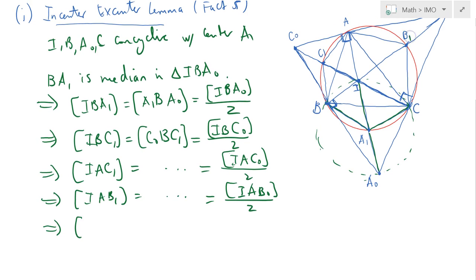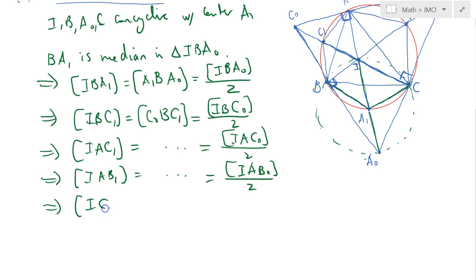ICB1 is simply equal to ICB0 over 2, and finally ICA1